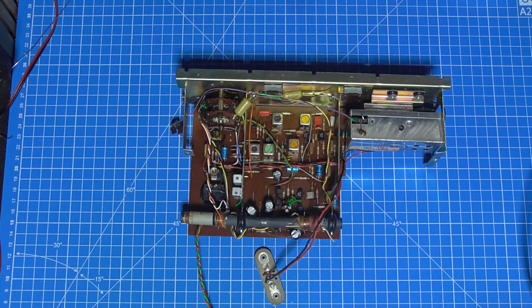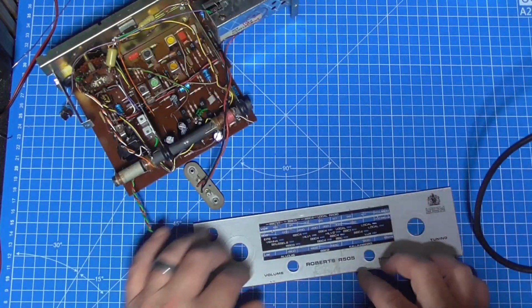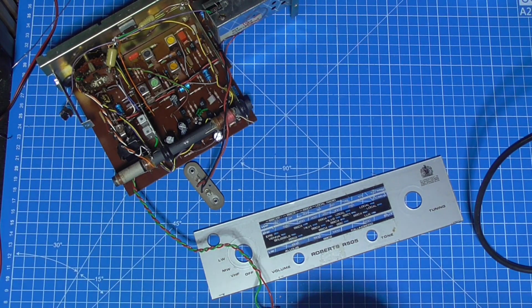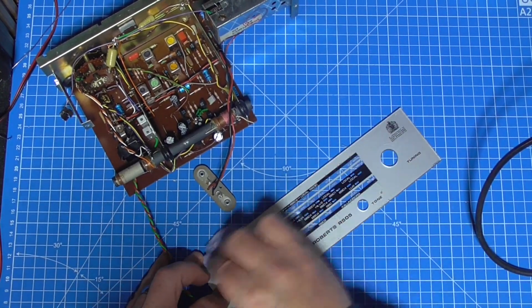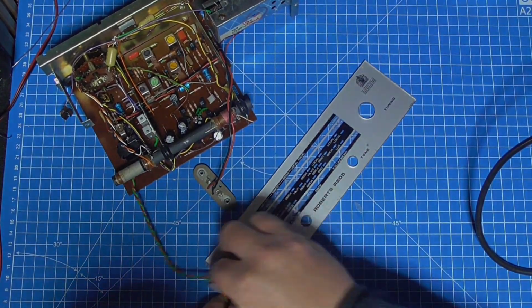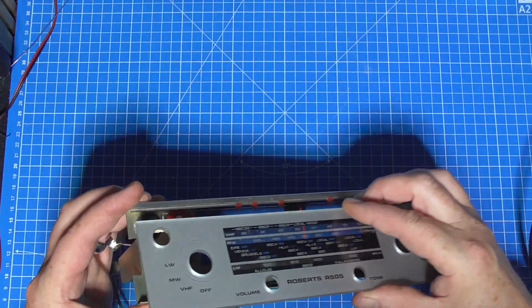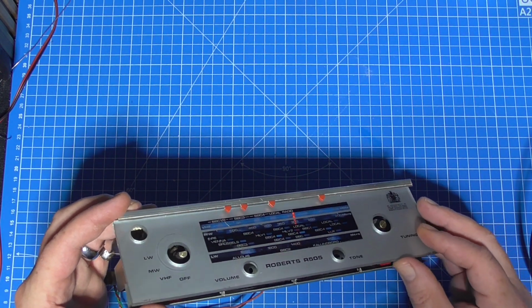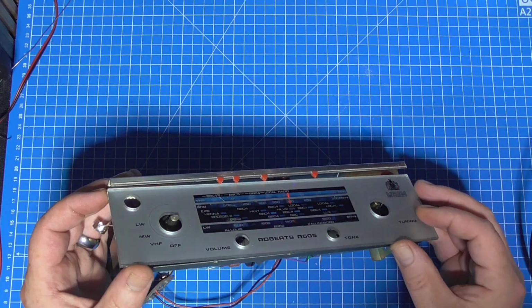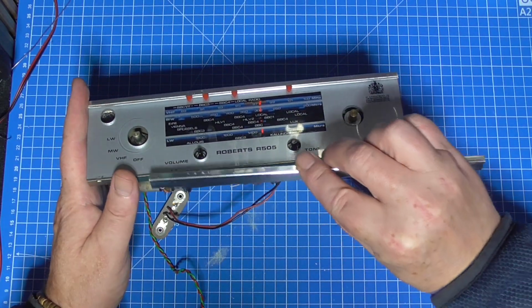Now, had a look through my spares and I've got one. This is a slightly later one with slightly different station markings on, however it will physically fit and do the job royally. So I'm just going to give that a wipe over and a clean up. And now put this replacement dial face onto the radio. Get it central, put the bright bar back on,